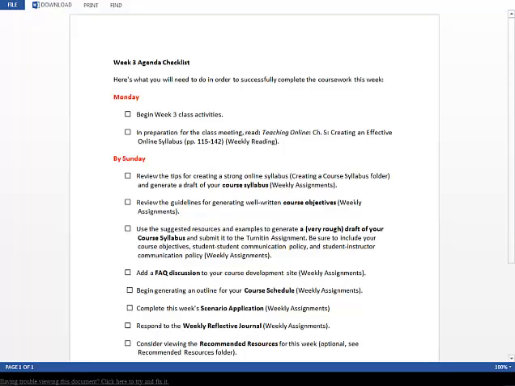I'll be walking you through a lecture of week 3 covering the syllabus. I'm looking at the agenda for this week. There is some class reading, some good examples of some syllabus elements within the Teaching Online book. In Chapter 5, we'll be reviewing strong tips for online syllabi, reviewing guidelines on how to write course objectives, and